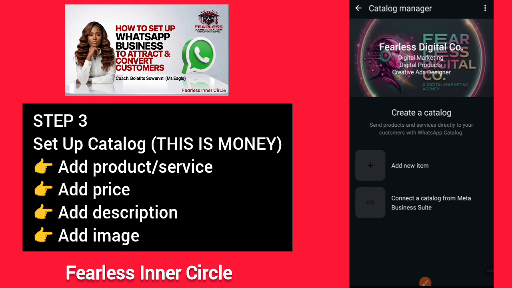People see your advert and they click and they get to your catalog on your WhatsApp. And when they are done, they send you a message that they want to buy and you sell. Okay, that is automated. Now, we are not running ads now, so let's do the normal one.